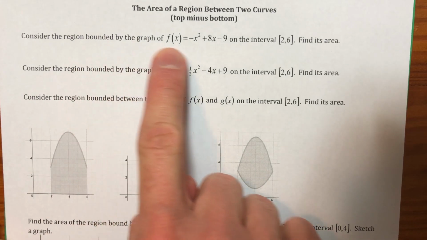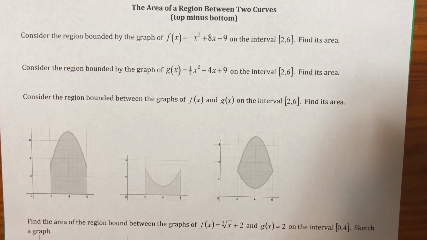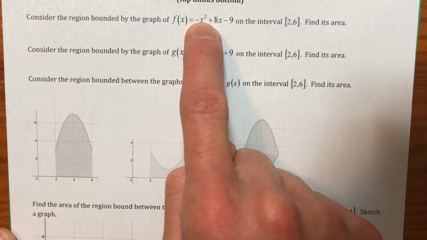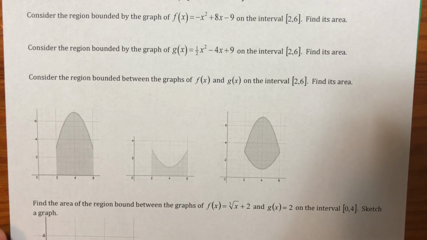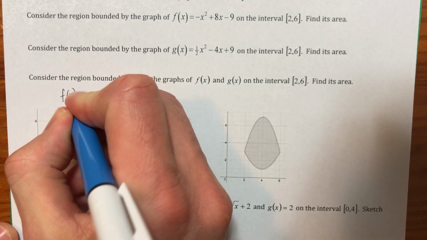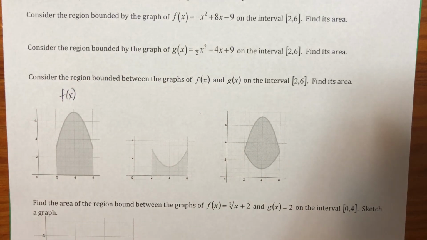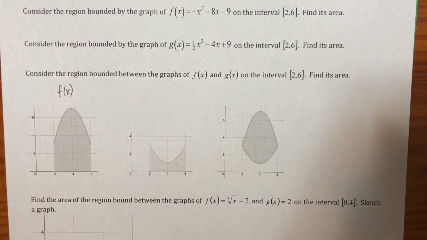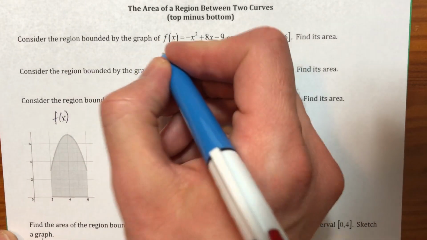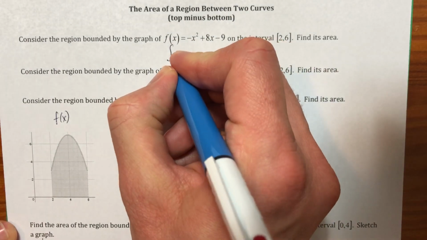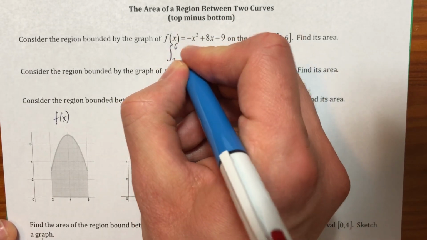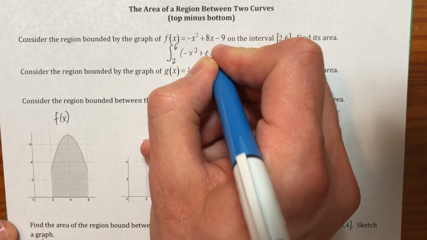Consider the region bounded by that graph on that interval and find its area. Okay, so I'll go ahead and tell you a hint. This is the graph of f of x on the interval that they gave us. So this is f of x, and I want to find this area. How would I do it? Well, glad you asked. I would find the integral from 2 to 6 of negative x squared plus 8x minus